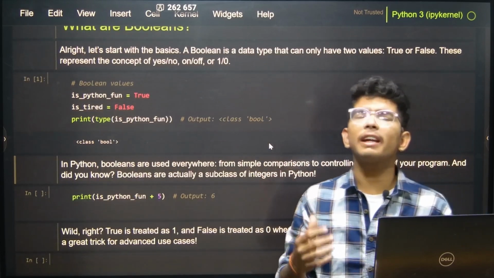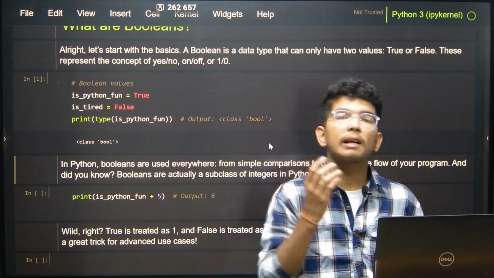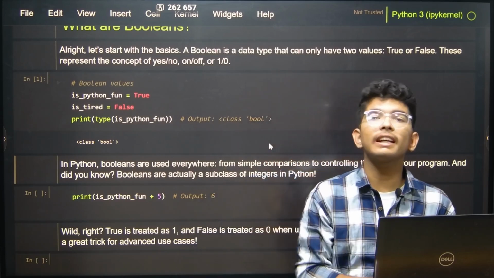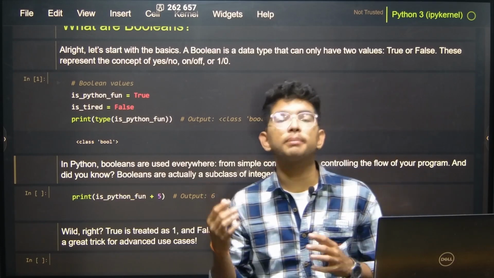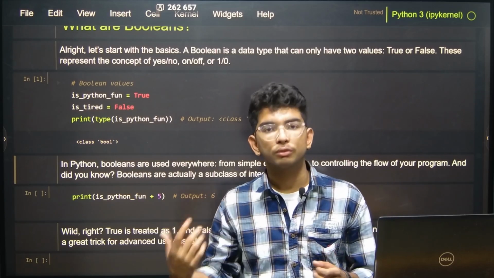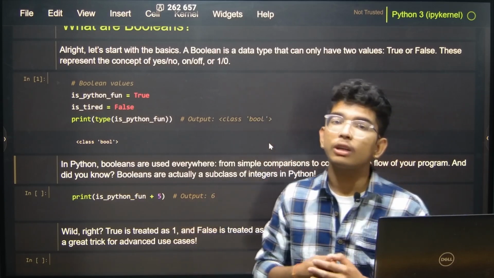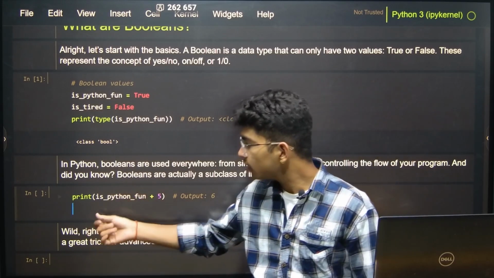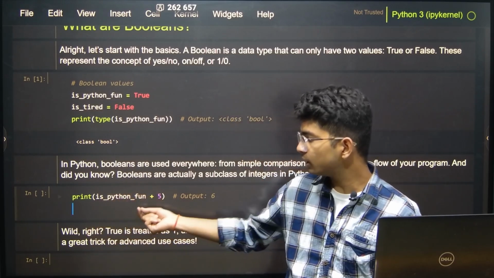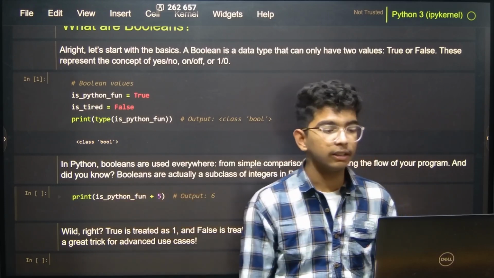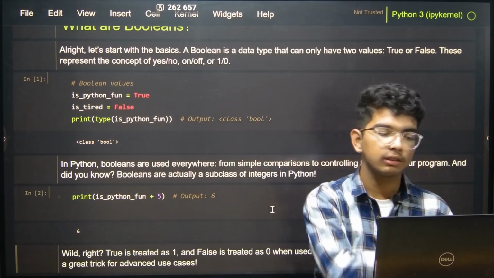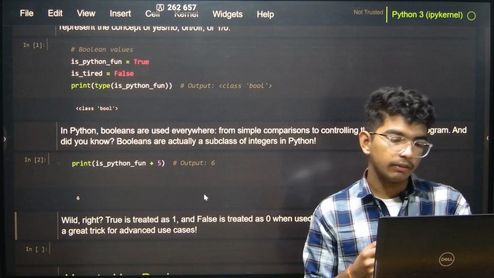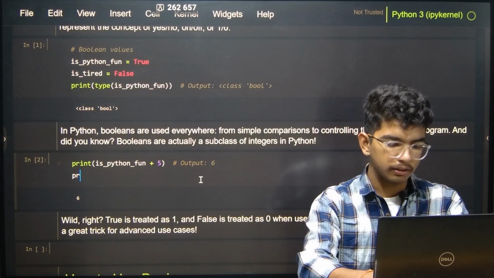Now in Python, Booleans are used everywhere, from simple comparisons to controlling the flow of your program. And did you know, Booleans are actually a subclass of integers in Python, as they have a value of 1 and 0. Now by 1 and 0, you get to see this example here. We are printing the variable is_python_fun added with 5, right? Then guess what? The answer is 6. Now, why is it 6? Well, if I again make a statement, print